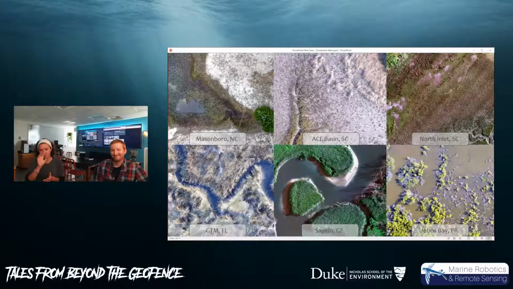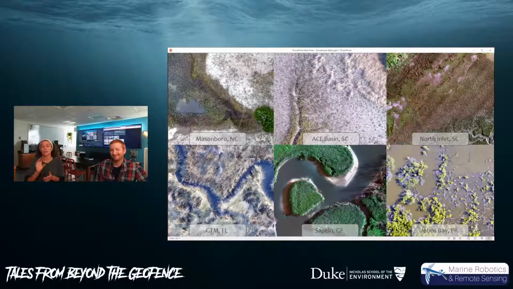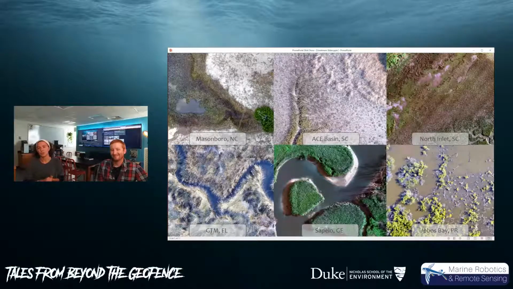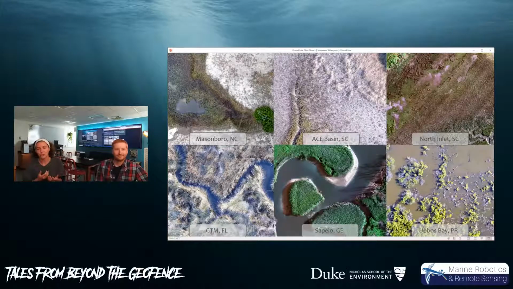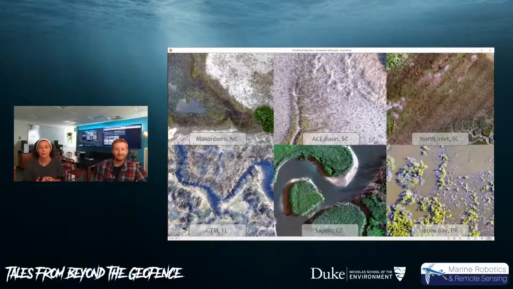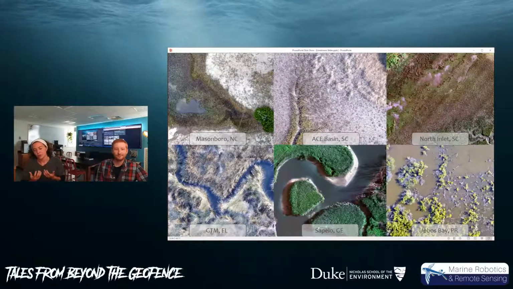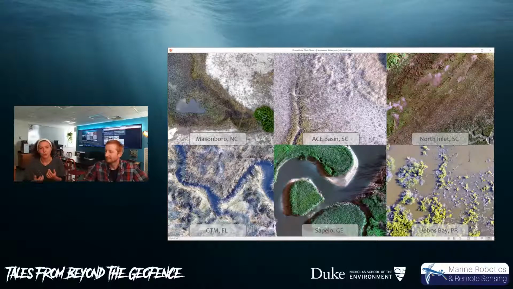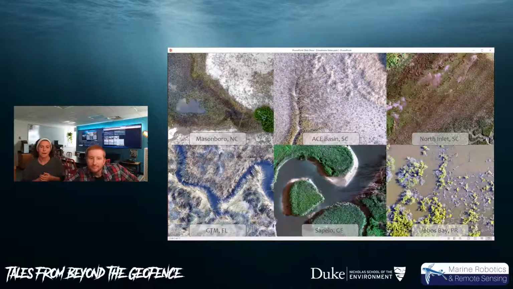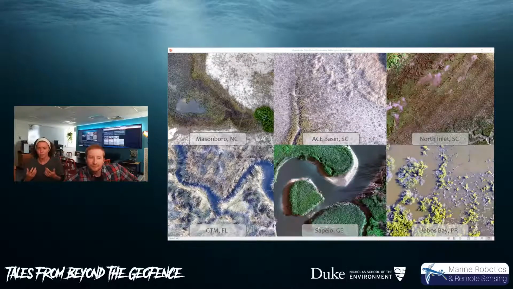These are just snapshots from the drones that flew over these 6 tidal wetlands sites on the coast. They're all wetland ecosystems in the Southeast, but you can see how different these systems are. And so variability in just the landscape that you are photographing and studying makes a difference in how you have to go about some things.